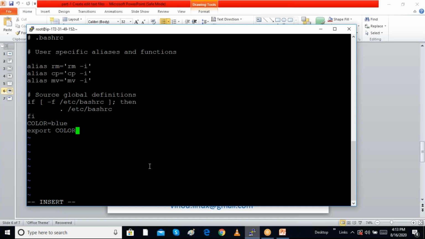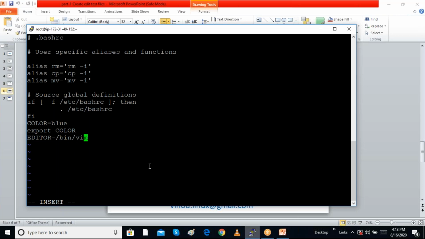I can also add it in a single line. Maybe I want to create a variable EDITOR equal to /bin/vi. So /bin/vi is the editor variable.